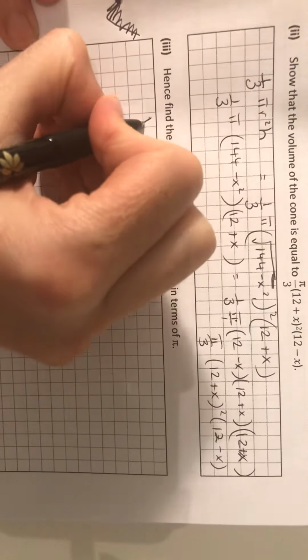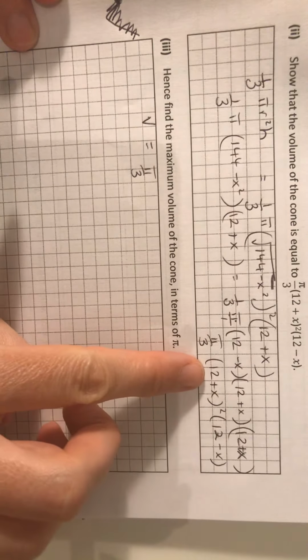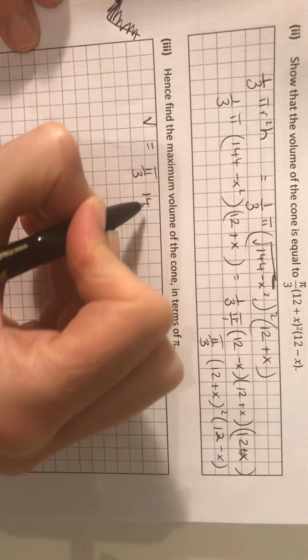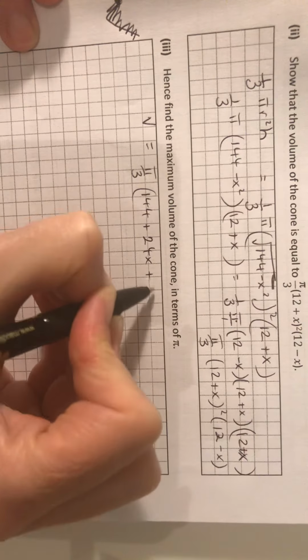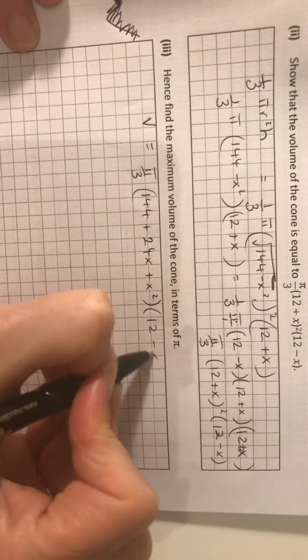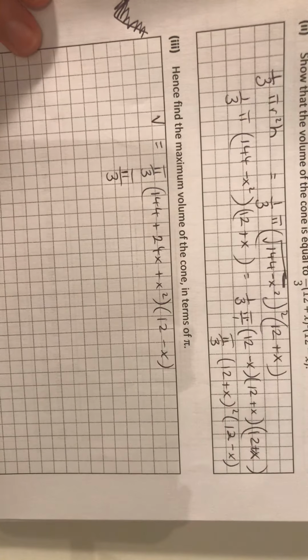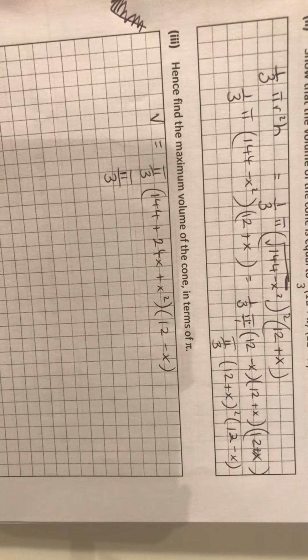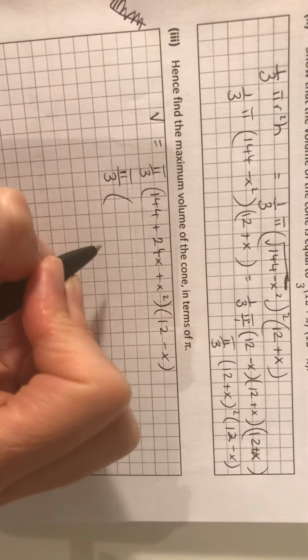So in this situation, this is the volume. I think I'll multiply that out. Pi over 3, that's 144 plus 24x plus x squared, times 12 minus x. I just find this easier than maybe doing the product rule. I think this would be easier. So what would that give me then? Pretty sure when I clean all that up,